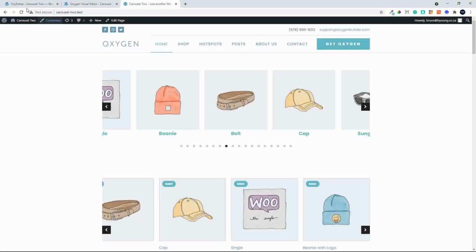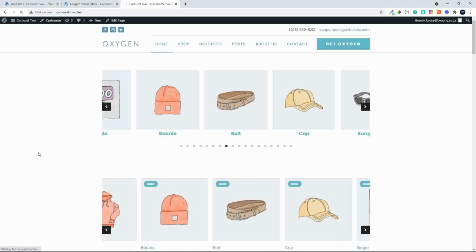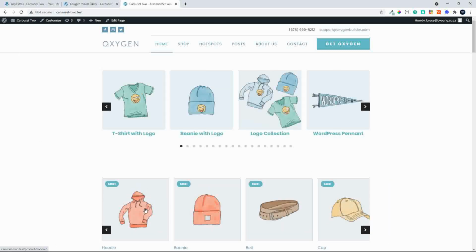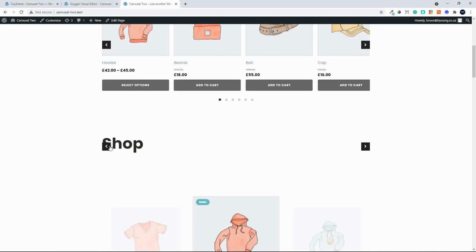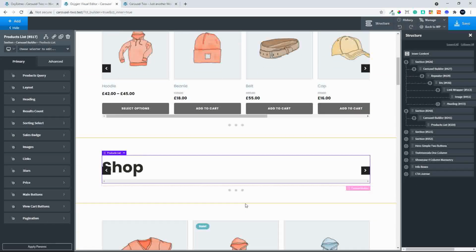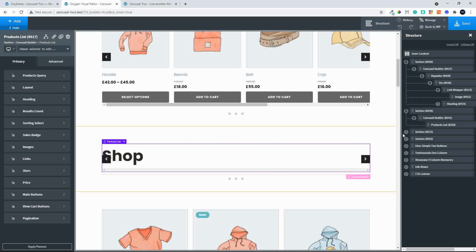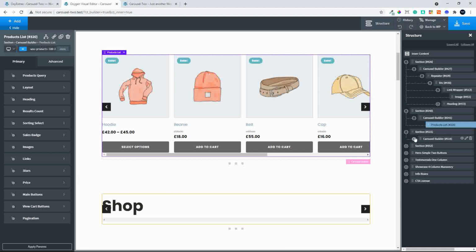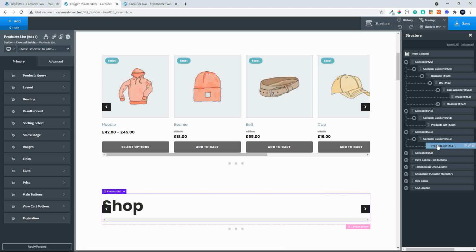Then I'm just going to show you what happens on the front end. So after initially saving, what you'll notice is that all we see is this inside that component, and we're not seeing the products. To fix that, it's really quite easy. What we do is we head over to our carousel, and now we're going to have a look at the products list. So we choose the correct product list here in the back end,